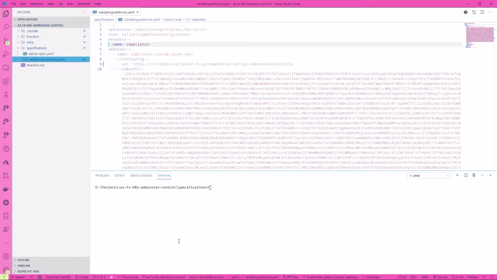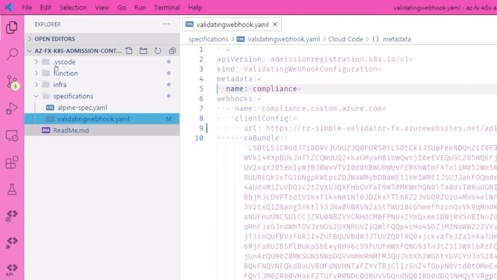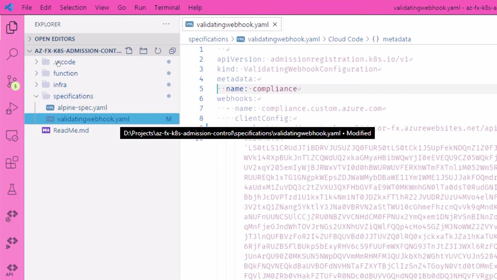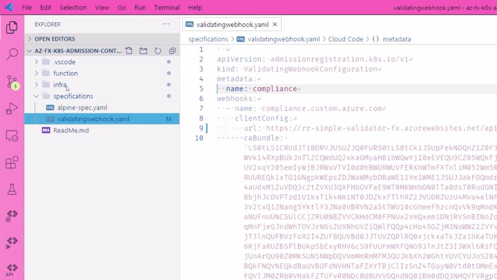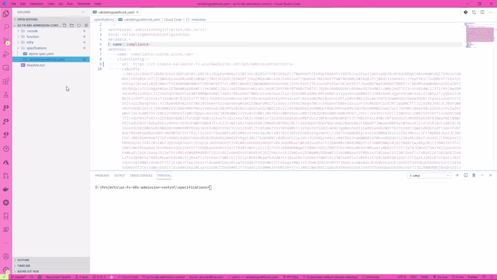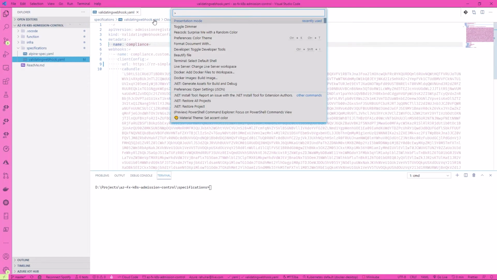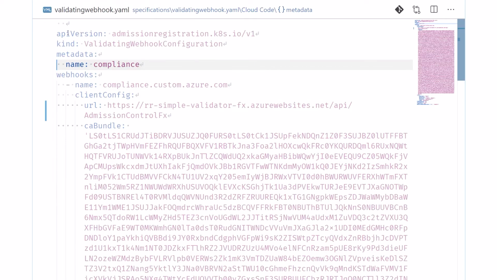In order to deploy our validating webhook configuration, switch to VS Code and open the folder named specifications. Within specifications, open the file named validating webhook YAML, which contains the specification for our validating webhook configuration. Let's now read this specification together.